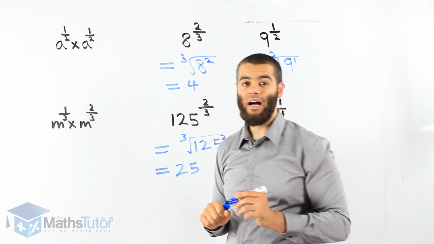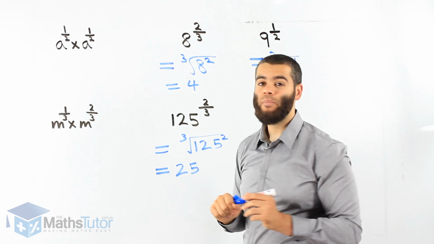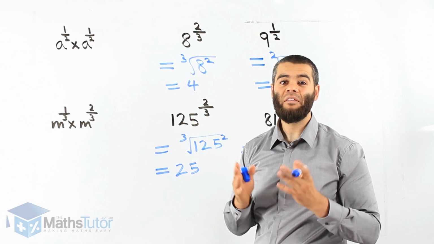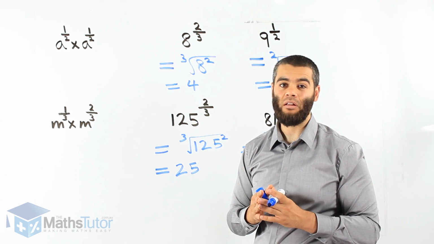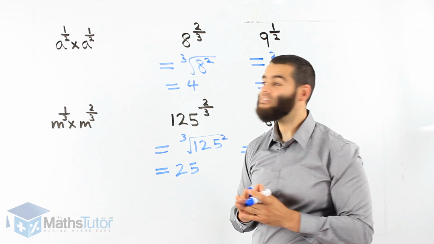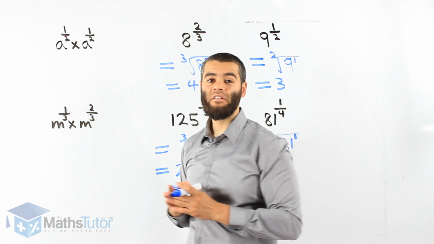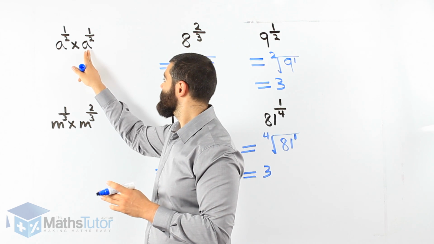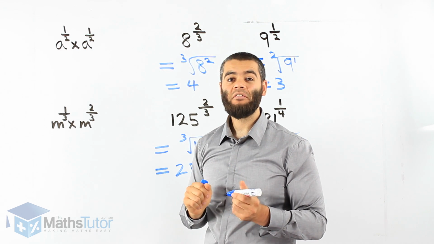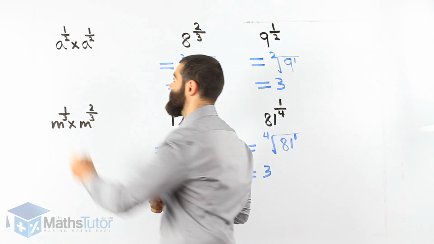a to the power of half times a to the power of half. We know that algebra actually follows similar, the same rules as numerals as well. So let's see how we're going to do this one. We learned in indices that when we're multiplying indices and the base is the same, what do we do to the indices? We add the indices. So we add